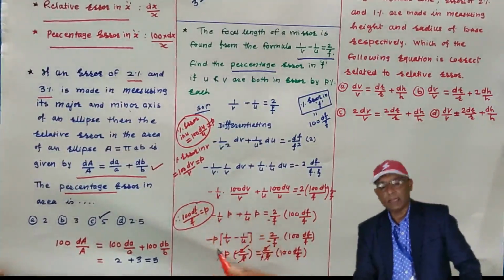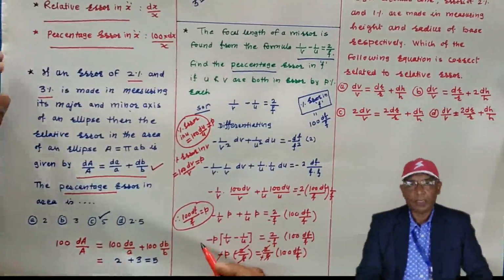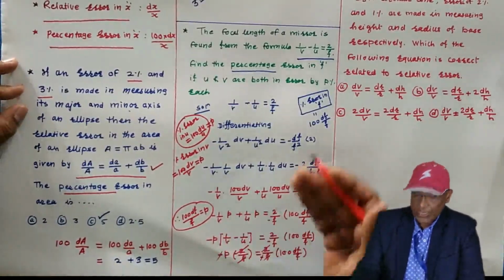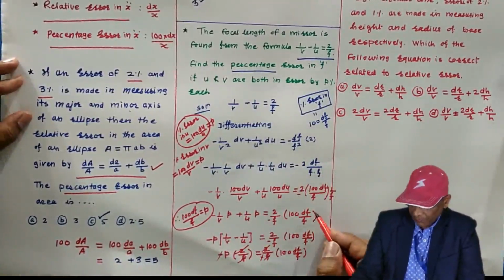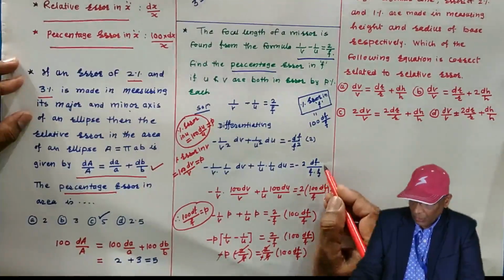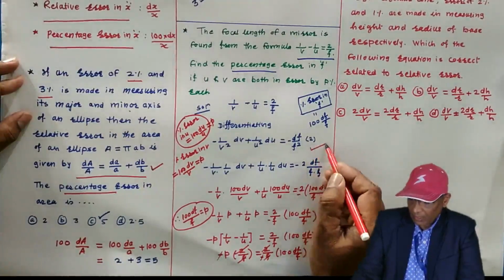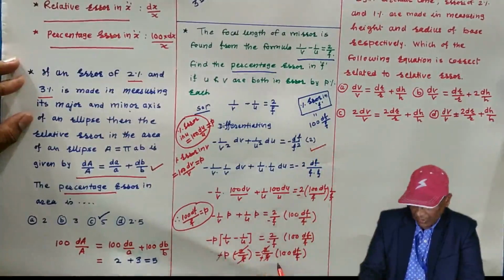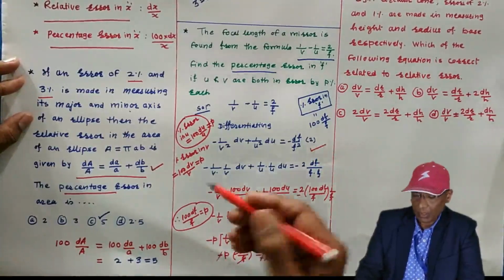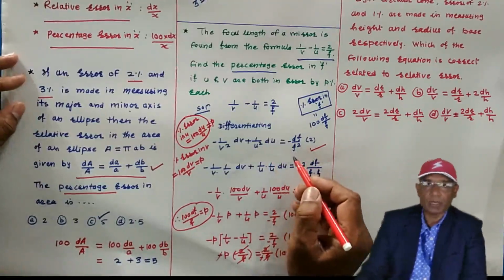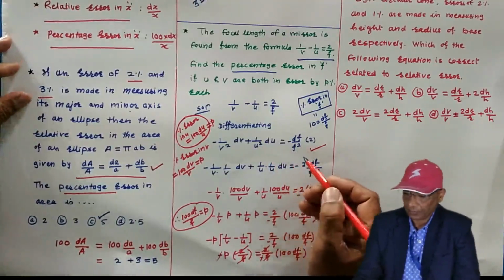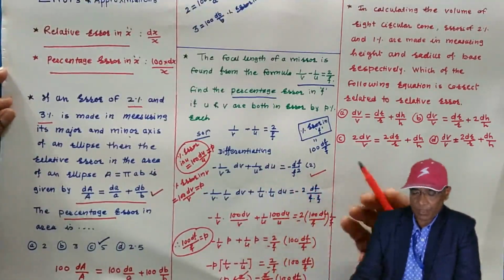This percentage error in f we have calculated. In the examination, one of the parts may be asked. Either you will be given this relative error equation and p will be required to be found, or this relative error equation itself will be asked in the examination. Now, next problem, same topic.